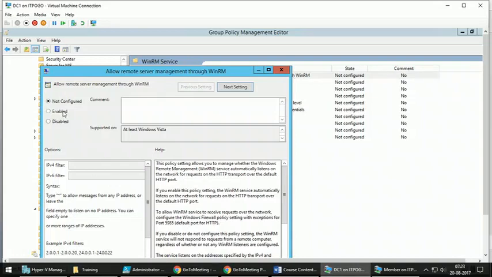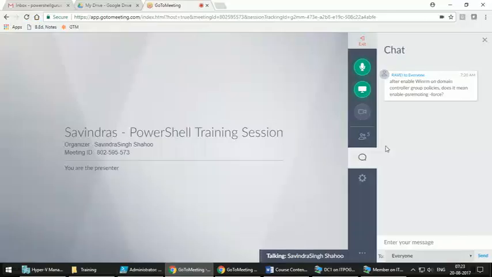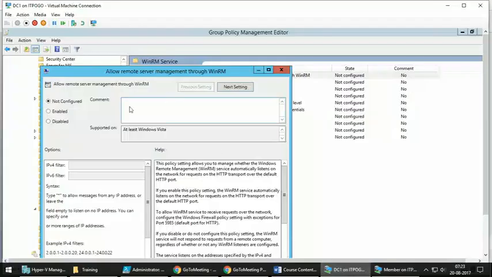You have to enable this, and after enabling this, to whatever servers you apply this group policy, it is equivalent to running enable PS remoting -force. When you are using this policy, it is equivalent to running enable PS remoting -force.